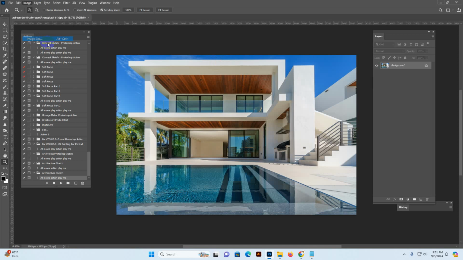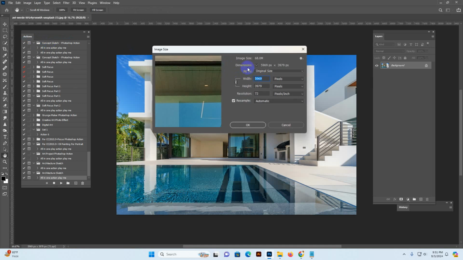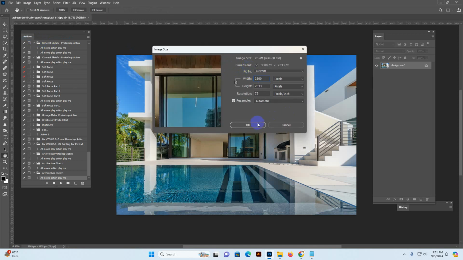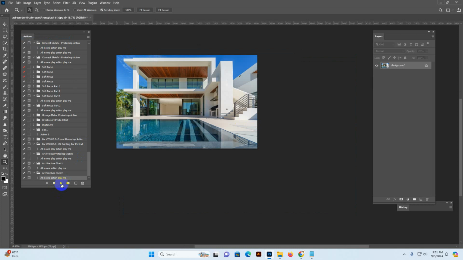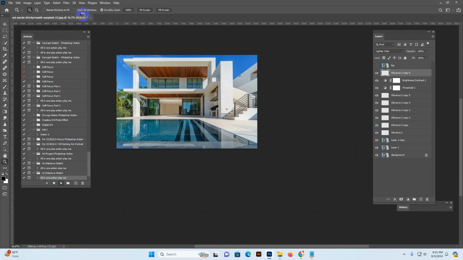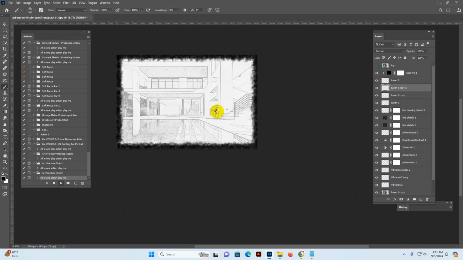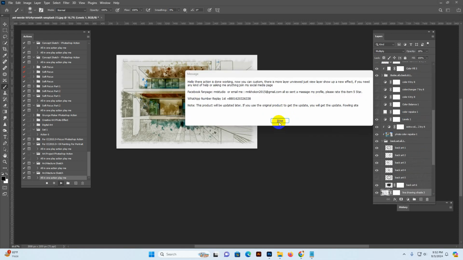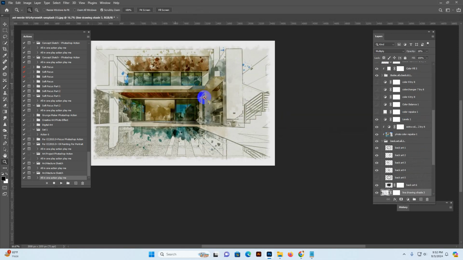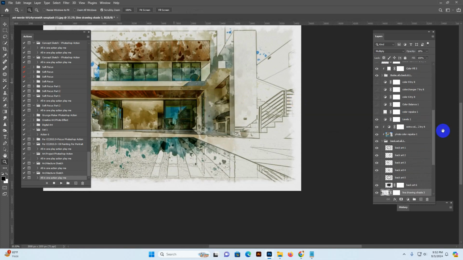and the image size 3500 is a high resolution, and select and hit the play button. Now it starts working, and it has already locked background layer and RGB color mode. That's why I do not need to do anything, and it's working. Now it's finishing,